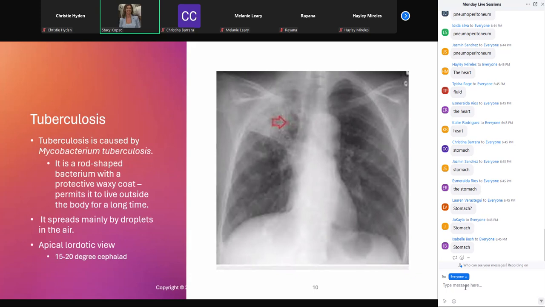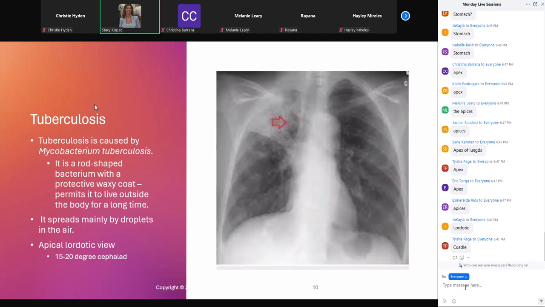That's typically found where? What part of the lungs? Yes, in the apices. So how are we going to see the apices? We've got to get those clavicles out of the way. You've got to throw them all the way up. So if your patient cannot lean back